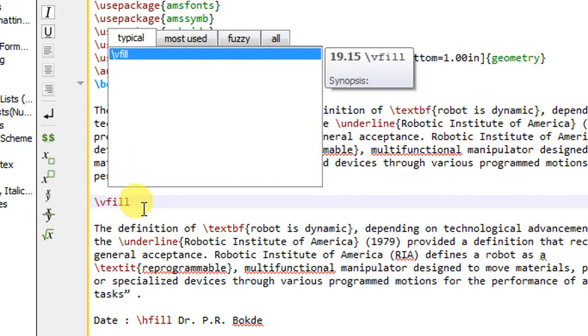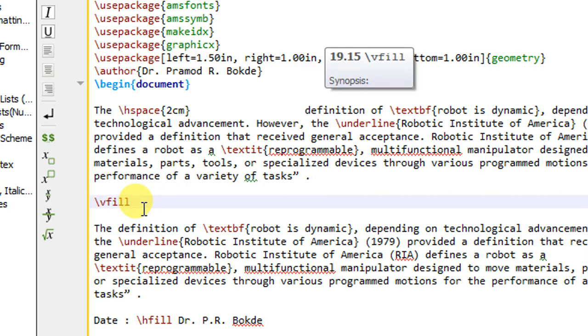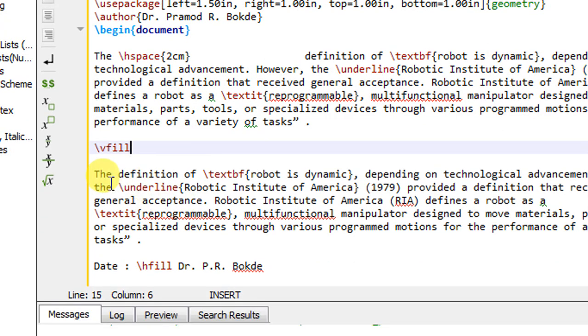The \vfill command will insert white space between the two paragraphs and fill your complete page. So this paragraph will be displayed on the top, this paragraph at the bottom of the page, and the remaining space will be filled with white spaces.